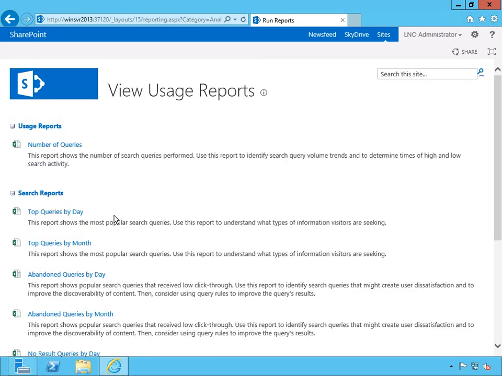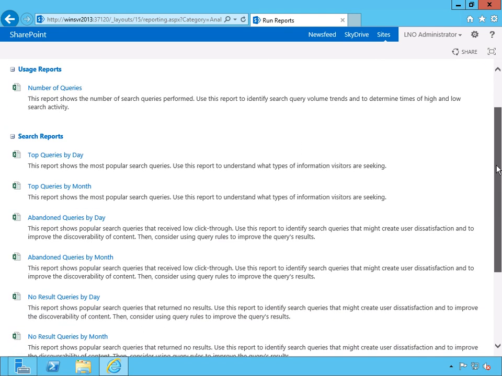And here we are at the usage reports for your search application. This is a very valuable tool for going through and finding out what your users are searching on and what they're actually finding. We're very interested in the server infrastructure and how all the pieces fit together. What your users are interested in is, are their queries being answered? So to begin with, we've got the usage report up on the top, which basically gives you the number of queries that are being performed,